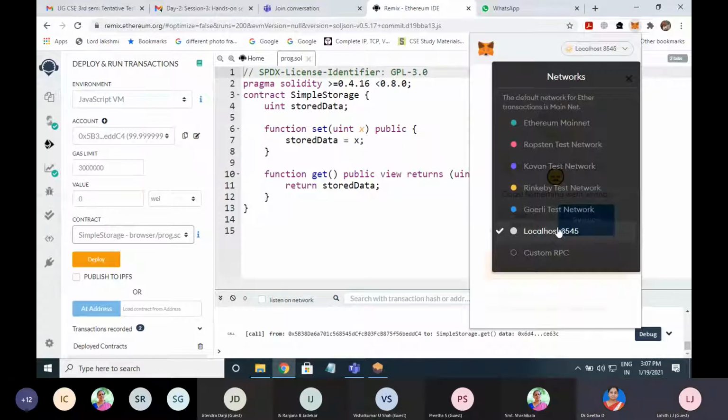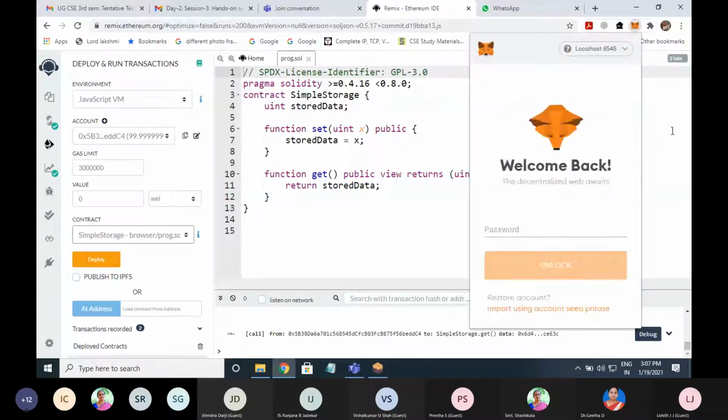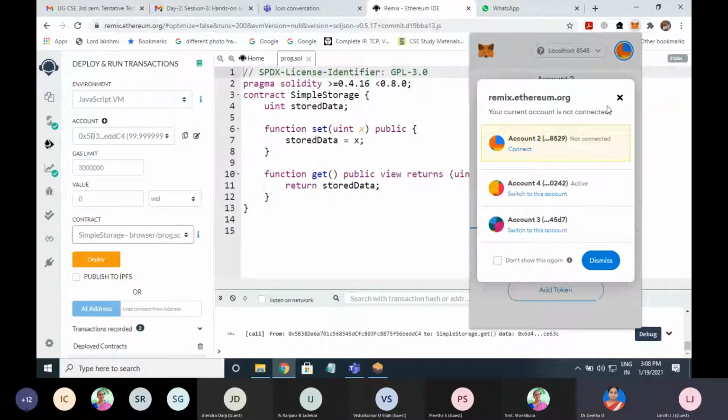Yes? Any participant require any help from me? Okay, fine. Now, once you open that, or once you install that as a browser extension, it is asking me for a password. Okay, now I'll give the password. Right, I'm able to use this.